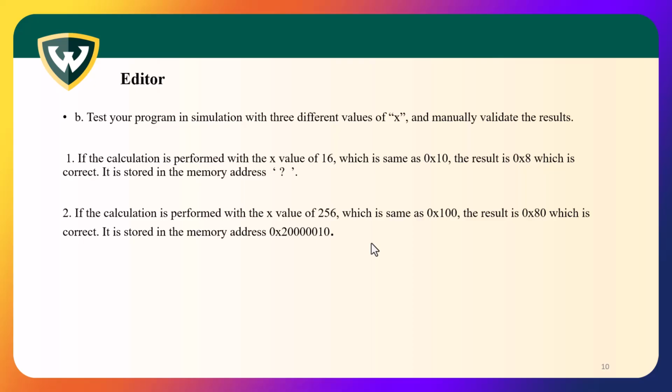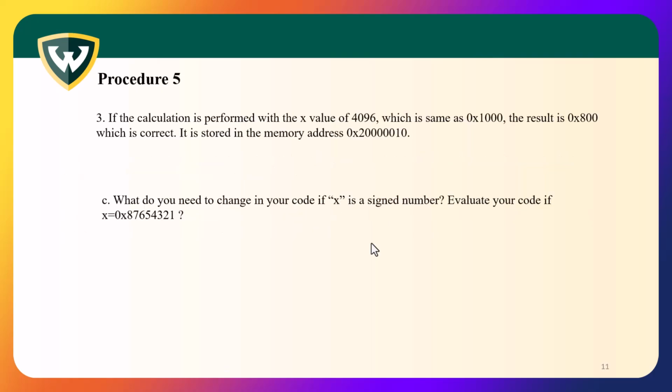You're going to put different values of x, 0x100, 0x10, and you're going to see the register value and the memory address value. You're going to see also the observations of the experiment and the screenshots to make the lab report. And in procedure 5,